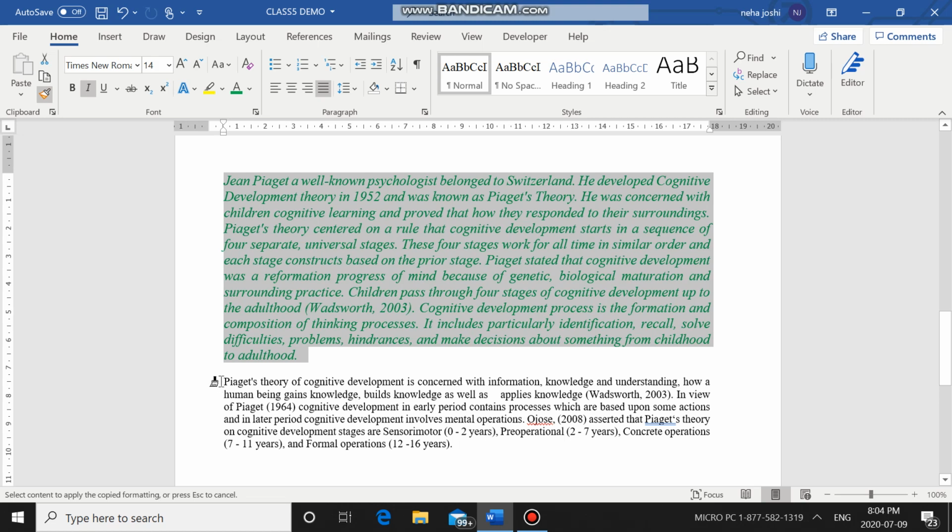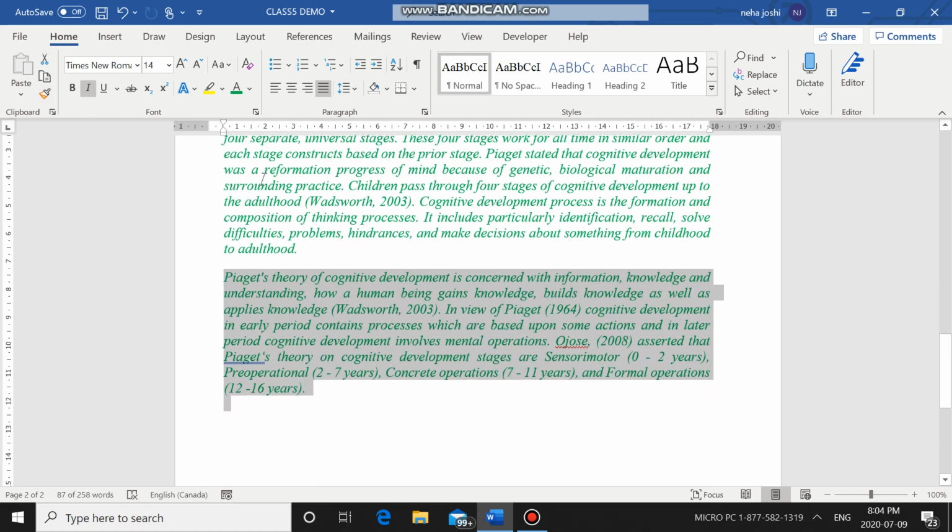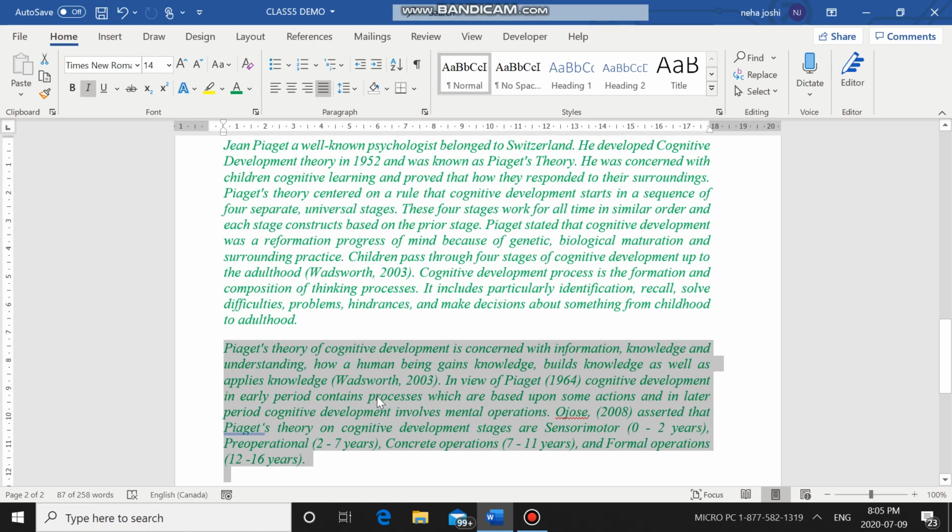Now I will select the paragraph on which I want to apply the same formatting. So I want to apply this formatting on the second paragraph. I will left click with my mouse button and select this second paragraph. I selected it and now leave the mouse button. As soon as you leave it, you see the formatting of the second paragraph is the same as the first paragraph. So I have used the Format Painter tool to copy the formatting of the first paragraph and apply the same formatting on the second paragraph. The result is that both paragraphs look exactly the same. So this is why we use the Format Painter tool.